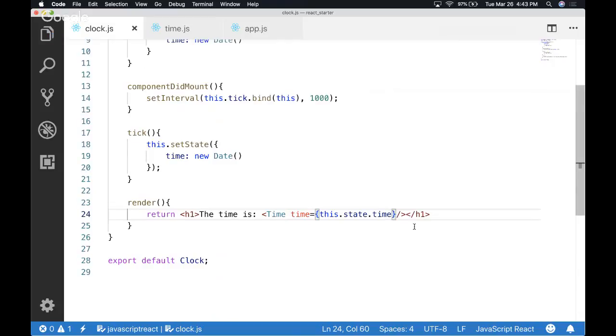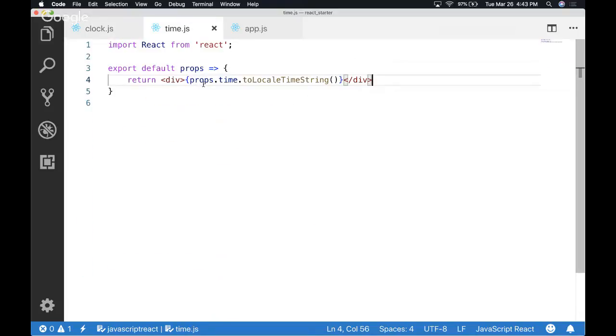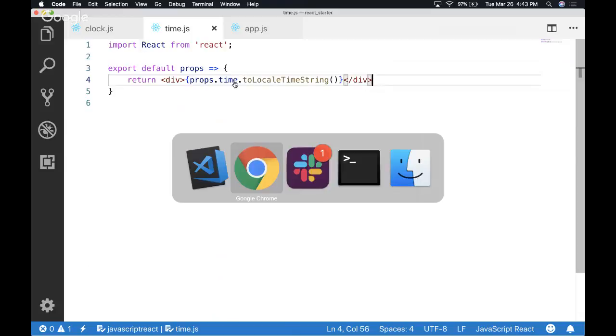Okay, so now we're passing the date object that's stored in the state into the component via the time prop. Inside of time, we are getting access to that date object and then calling the method that actually formats it into something that's human readable. So if I save that,